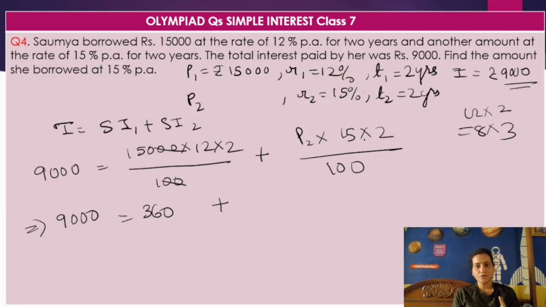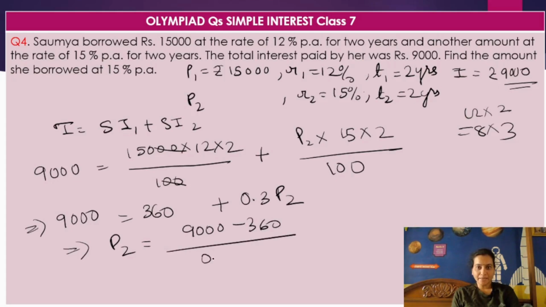Plus ये क्या हो जाएगा? 15 into 2 is 30. 30 by 100, which means 0.3 P2. Now I have to do is find the value of P2. P2 is how much? 9,000 minus 360 divided by 0.3, right? So ये 0 minus 0 cancel हो गया, 0 हो गया, 10 minus 6 हो गया 4, यहाँ बचा है 6, 6 minus 3 is 9, and यहाँ पर 8 बचा है, 8940 divided by 0.3, तो into 10